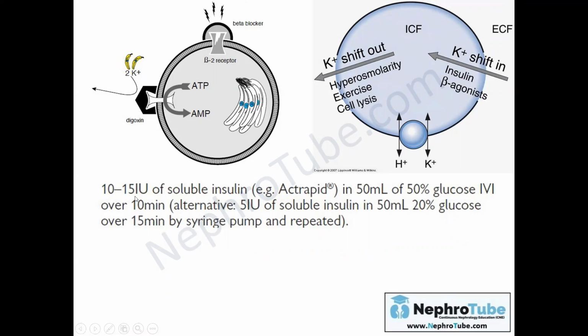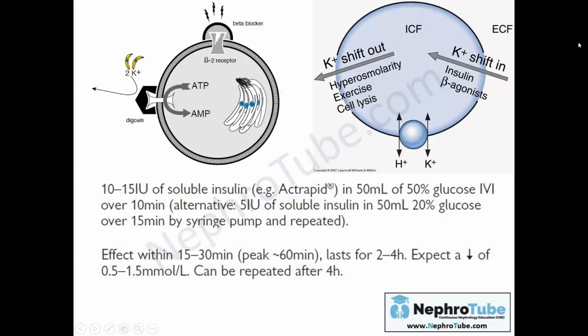We can give actrapid insulin, about 10 international units, in 50 ml of 50% glucose to avoid hypoglycemia, over 10 minutes. It's important to know that its action lasts for about 2 to 4 hours,